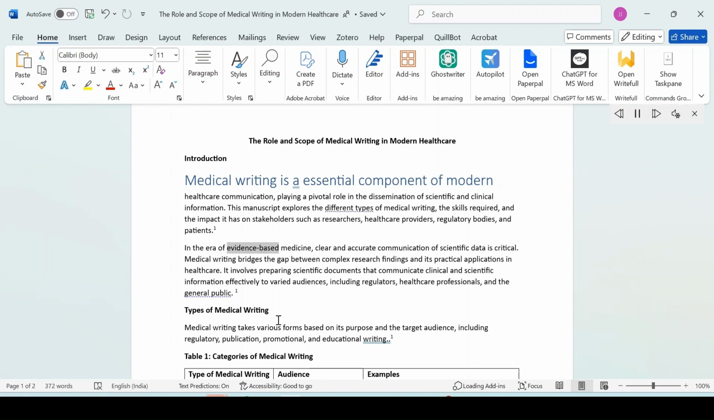In the era of evidence based medicine, clear and accurate communication of scientific data is critical. Medical writing bridges the gap between complex research findings and its practical applications in healthcare. It involves preparing scientific documents that communicate clinical and scientific information effectively to varied audiences, including regulators, healthcare professionals, and